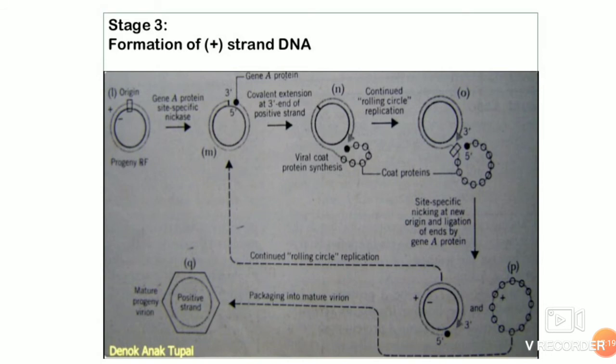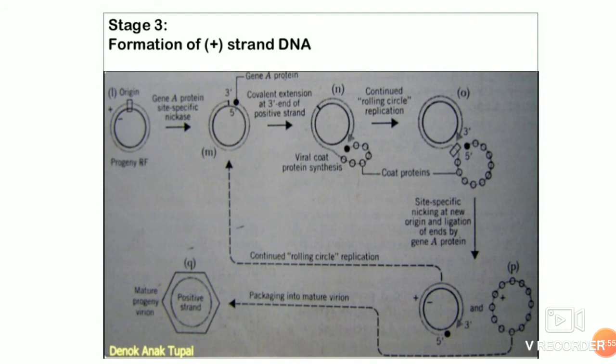Now in the replicative form, there are no proteins which bind to the positive single strand. As you have accumulation of more and more replicative forms, the synthesis of the genomic DNA happens. In the same mechanism, the replicative form origin is recognized by the gene A product, and nicking is created such that the 5' end is attached to the gene A product, and the 3' end extension is there on the circular replicative form, which is extended by the host enzyme machinery.